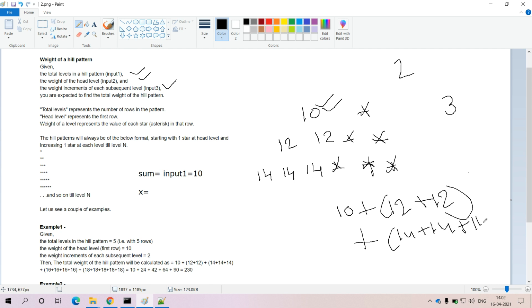Finally we need to calculate the sum of every element: 10 plus 24 is 34, and 34 plus 42 gives 76.